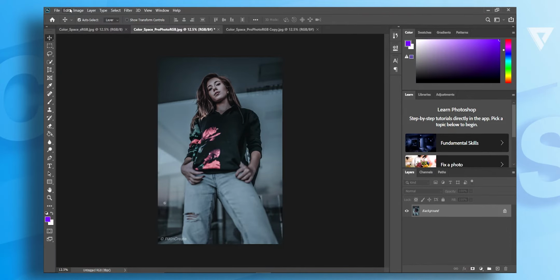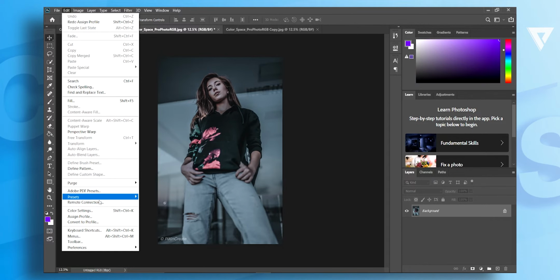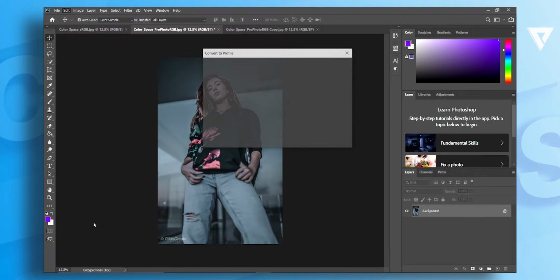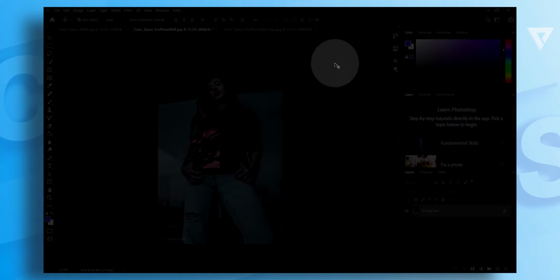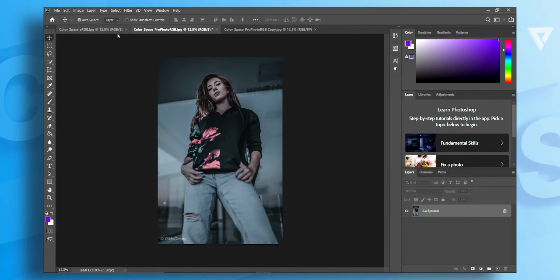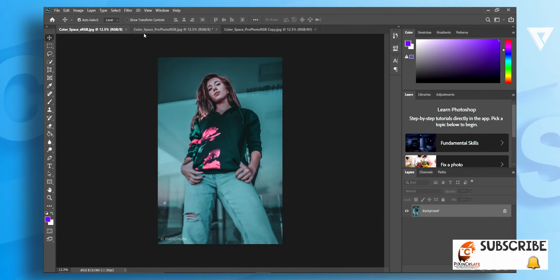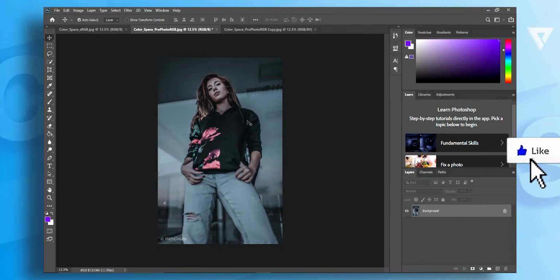So go to Edit and then Convert to Profile. Then click sRGB in the destination space. Now compare both the images. Does it look the same as the previous one? No, right? So make sure that the image that you want to convert is set to its respective profile and then convert to sRGB in case you need it.